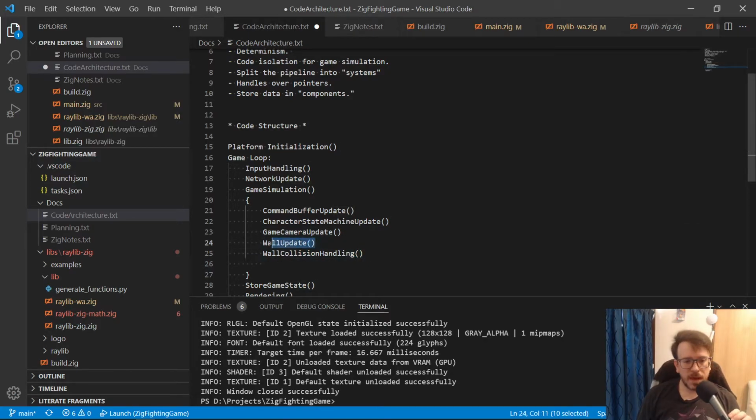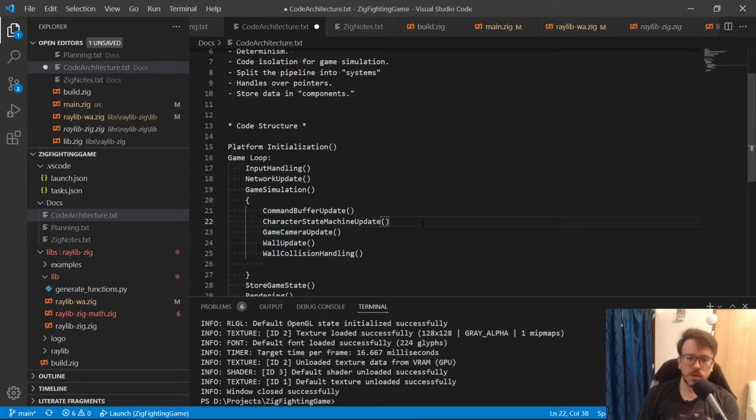The wall update can maybe be independent, but actually in the case of this game, wall position is handled by where the camera is, and where the camera is is driven by where the characters are.